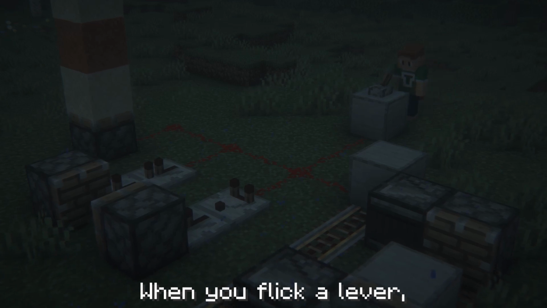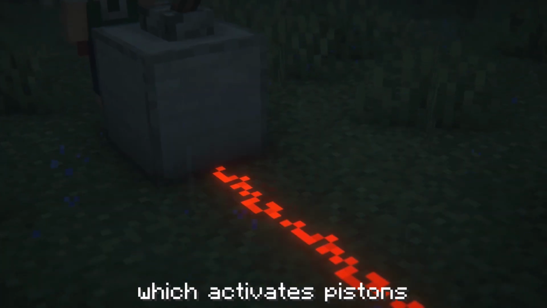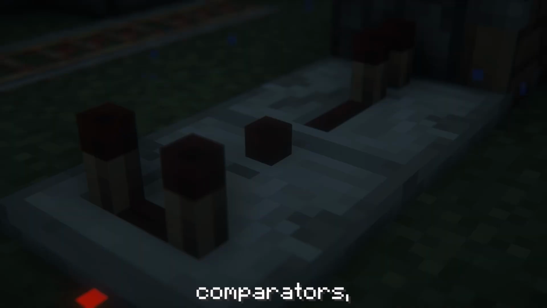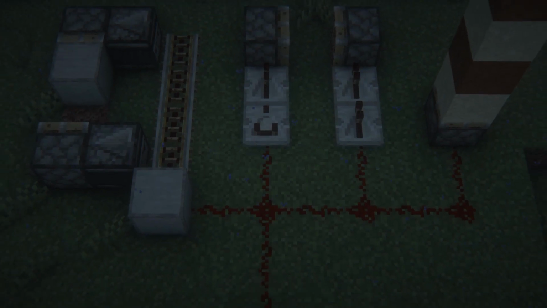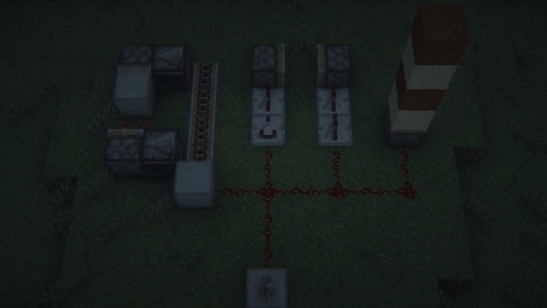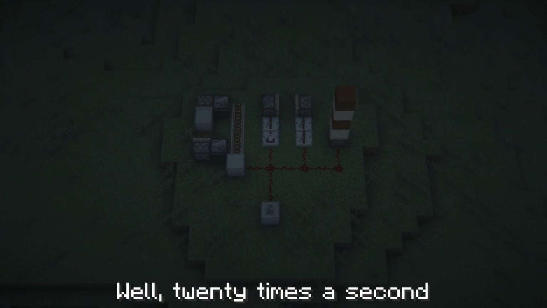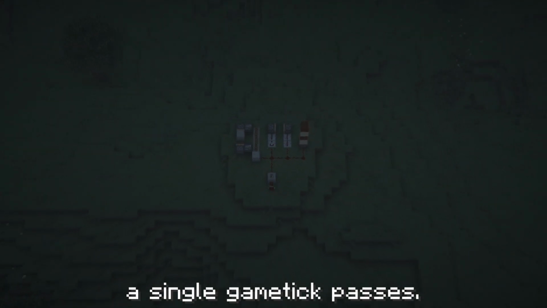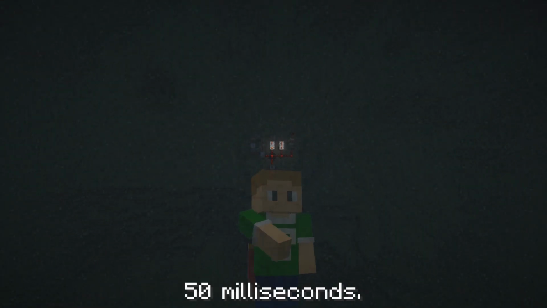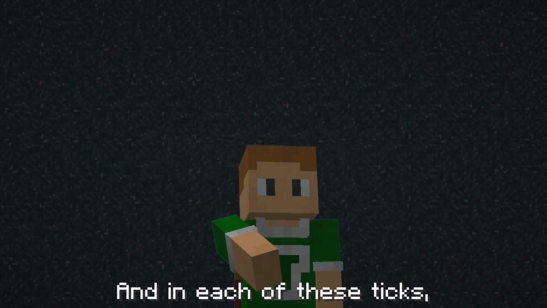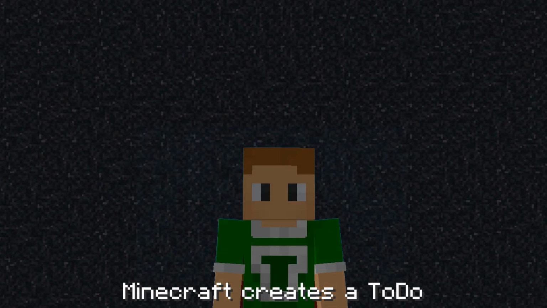When you flick a lever, it activates redstone instantly, which activates pistons, repeaters, comparators, observers instantly, all at the same time, right? Well, 20 times a second a single game tick passes. Each of these takes roughly 50 milliseconds, and in each of these ticks, Minecraft creates a to-do list that it